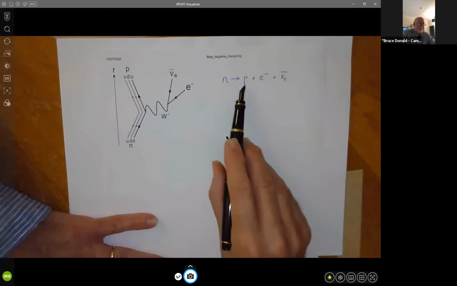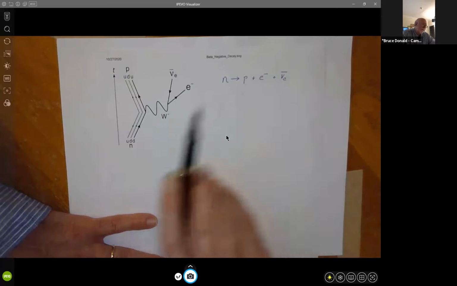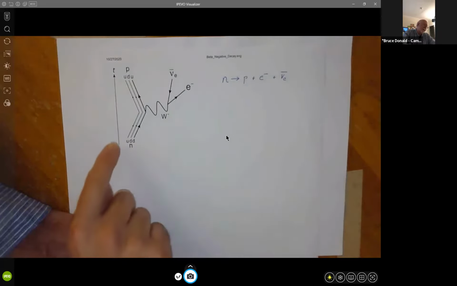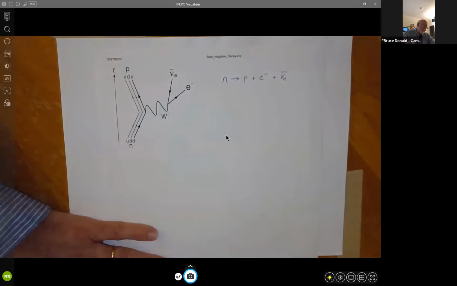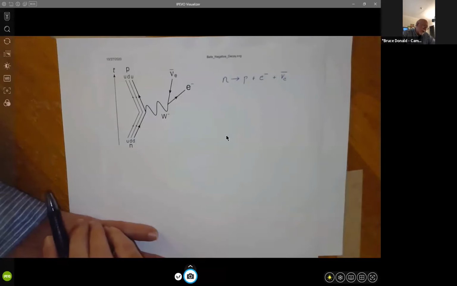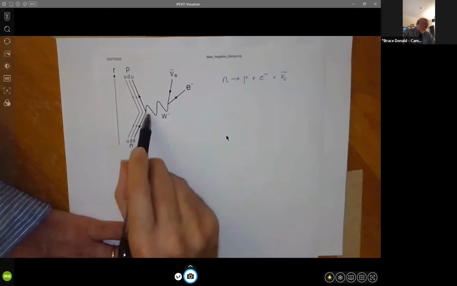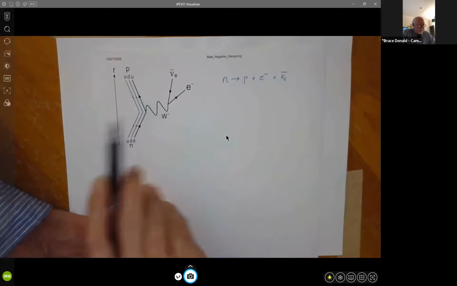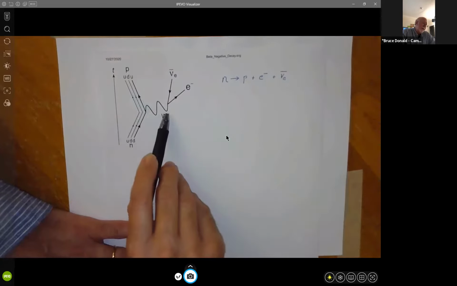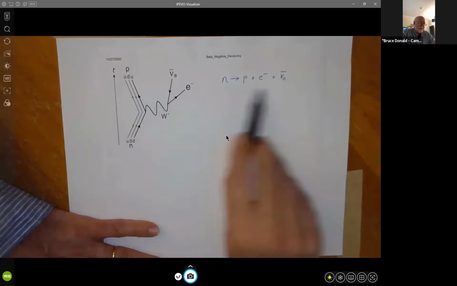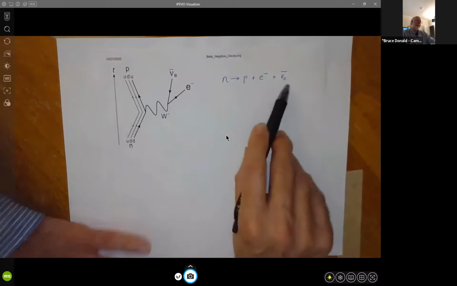So the neutron decays into a proton and an electron, but it also emits what's called an anti-neutrino. That's kind of a weird thing. And you can see what happens here in the Feynman diagram, which I don't assume you've seen before, but time goes like this, and we see how the particles evolve. So a neutron is made up of 3 quarks. In order to do this conversion, what happens is, over time, one of the quarks changes flavor from down to up. It emits this particle here, which is called a W boson, which then decays into an electron and an anti-neutrino. So sort of chemically, so to speak, in quotes, it looks like this. The neutron decays into a proton, an electron, and an anti-neutrino.